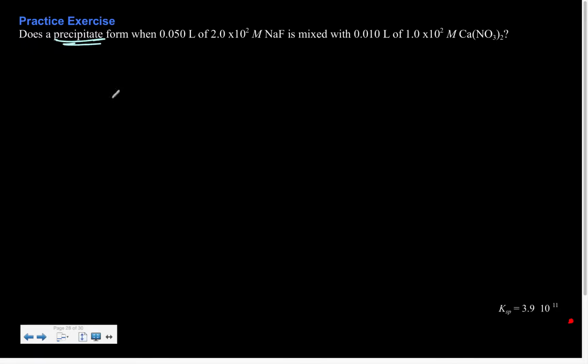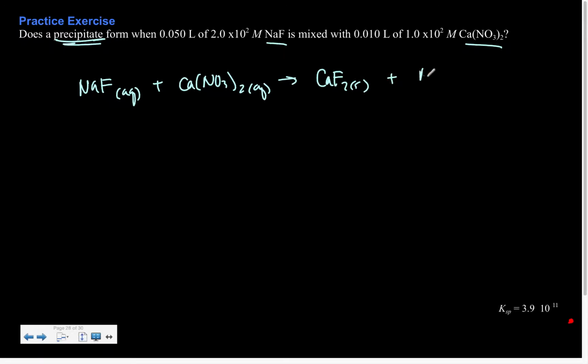So, does a precipitate form? We should be thinking KSP when we have some amount of NaF mixed with some amount of calcium nitrate. Now, is this a common ion problem? No, this is a reaction. These are two different things being mixed together. So we should start by writing ourselves a reaction. We have some aqueous this, we have some aqueous this, and we're going to mix these together to form our products. What kind of reaction is this? It's a double displacement. I meant to ask you to tell me that, and then I wrote it down, so then I ruined it.